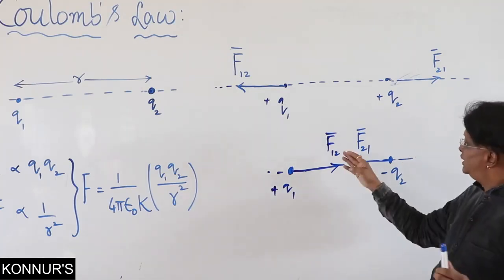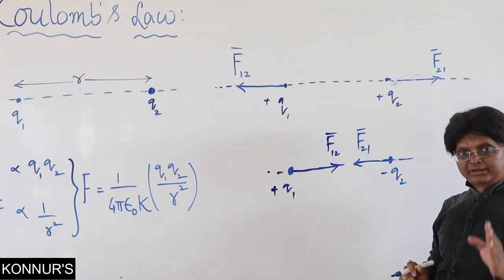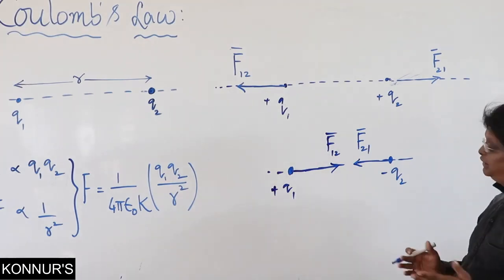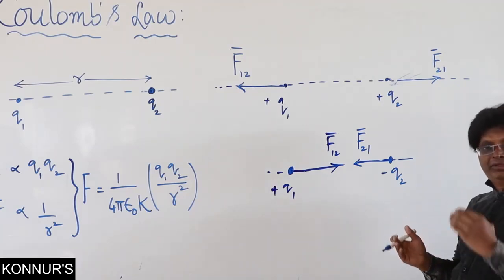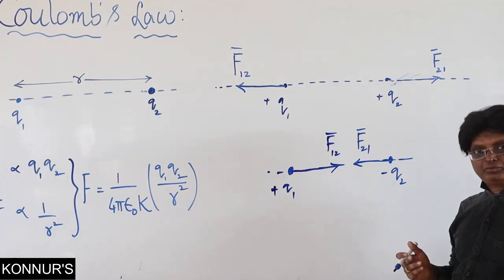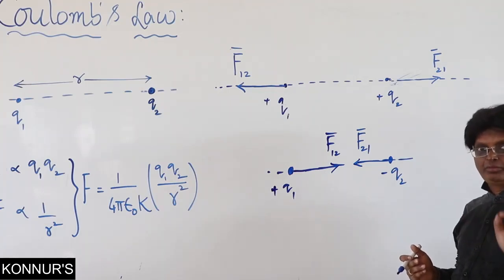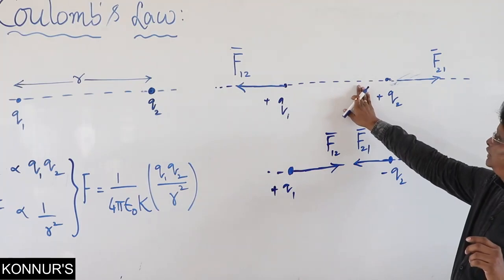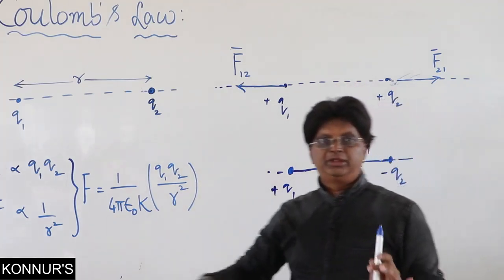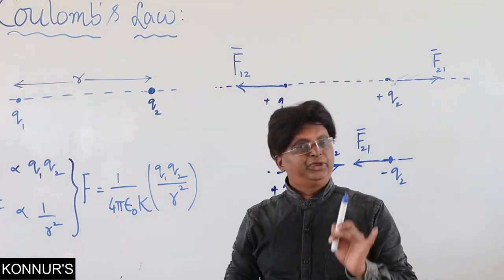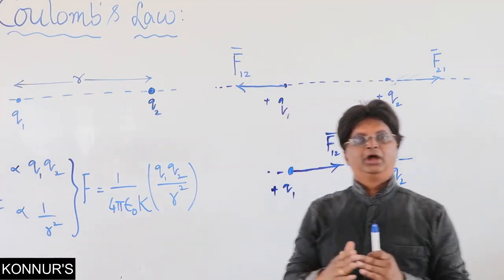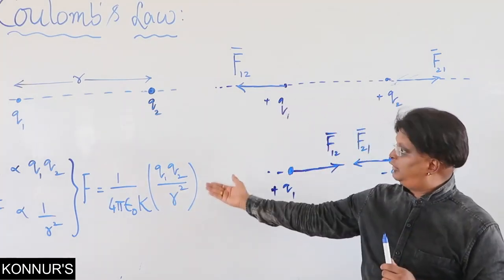Now F12 bar and F21 bar, their action-reaction pair, are always opposite in direction. But how to draw that vector? Whether Q1 is experiencing force away from Q2 or towards Q2 is an important thing, and it will be along the line joining the two charges. Hope there is no confusion, right? If we know writing this, now let us come to the point of how to have the vector form of